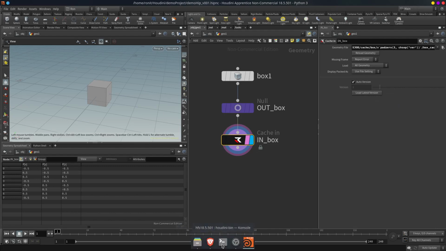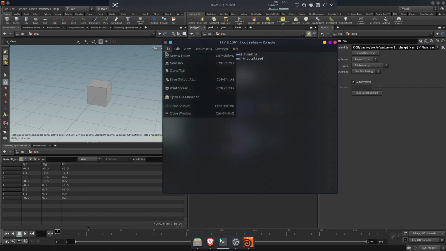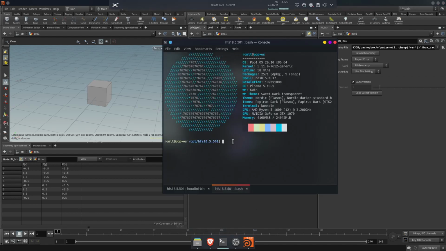Now I will show you in the console how it looks. CD. So I'll go to the folder where I have the project. So this is here, and that was like demo YouTube, I guess. Demo project, right? Demo project and caches. No, just file a directory.